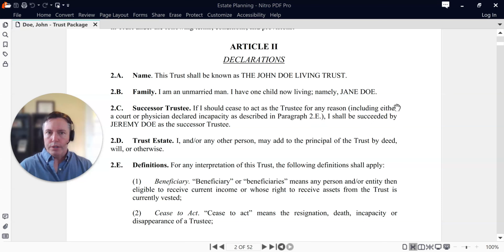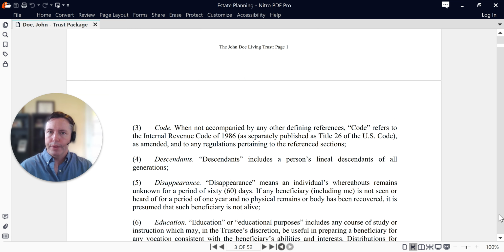And as we scroll down, we have some information about the family situation, marriage, children, and then the successor trustees that you'd like to step in if you can't. So if nobody named above is available or willing, you've got one, two, maybe three backup people who are going to step in and do that for you. They can work in tandem as co-trustees, or they can be in order, and there's different ways to chop that up. But you do want to name someone you trust implicitly, you know you can count on to do the job. And of course, this trust being revocable means it can be amended at any point, changed, or just done away with if you ever feel like it. So you have a lot of flexibility built in as well.